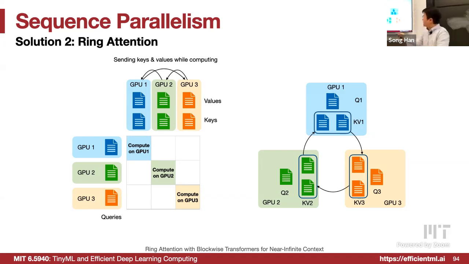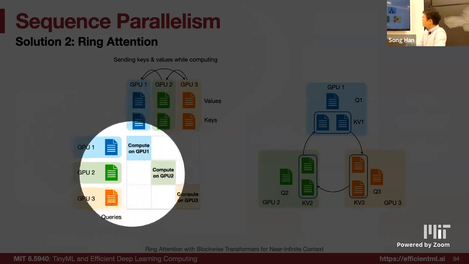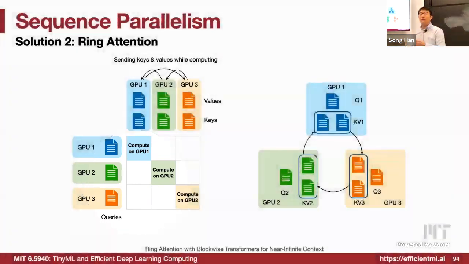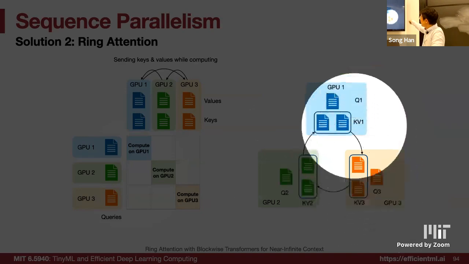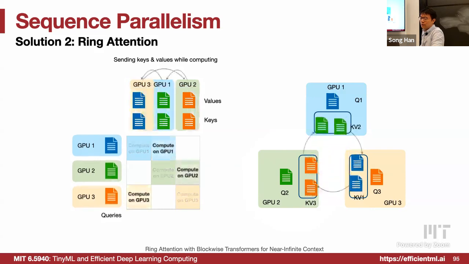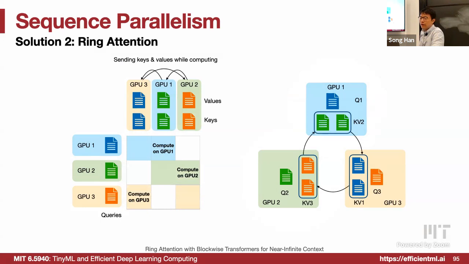So we want to communicate such that the GPU1 sequence can also attend to GPU2. GPU1 also wants to see GPU3, right? So what does it remind you of? The ring all-reduce, right? So you have a ring, GPU1, 2, 3, GPU1, 2, 3. Okay, form a circle right here. In the first cycle, we just rotate it by 1/3, such that we can communicate between